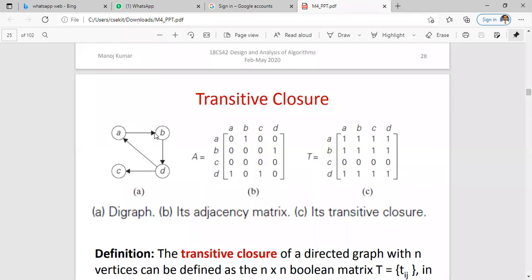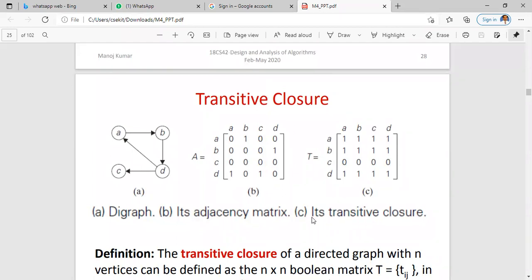So there is a path from A to B, path from B to D, path from D to C, and D to A. So it's adjacency matrix. You can write it according to how many vertices you are having. We are having A, B, C, D. So represent A, B, C, D here. Where there is a path, A to B there is a path, give it as 1. B to D there is a path, give it as 1. C there is no path, so it is entirely 0. Now you come for the last one, that is D. D to A path is 1, D to C the path is 1. So this is the adjacency matrix what we have called.